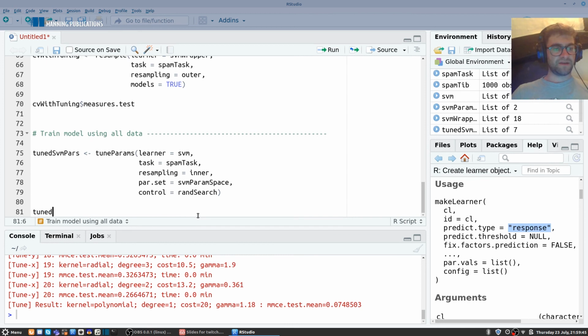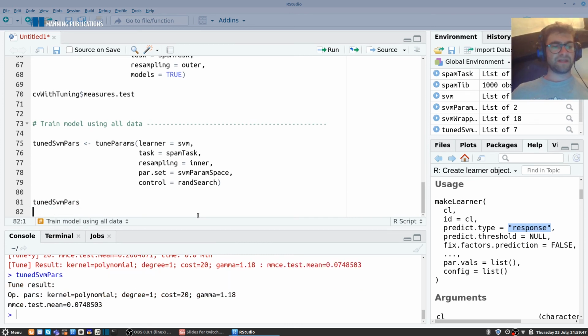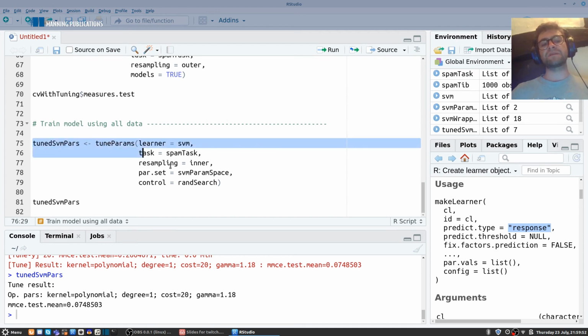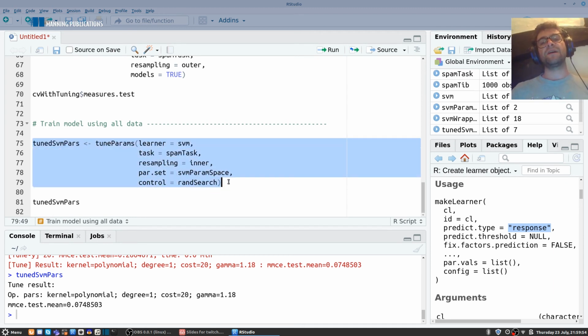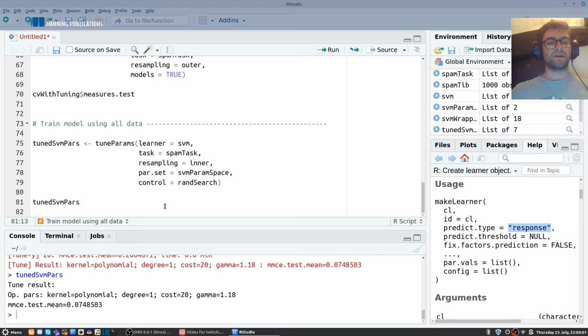If I print this out, again you can see I get this. What we performed was simply the tuning process, and all this returns is the best combination of hyperparameters during that random search we undertook. Now what I'm going to do is train a model using all of the data, using this combination of hyperparameters. To do that, I'm going to define an object called tunedSVM and use the function setHyperPars,